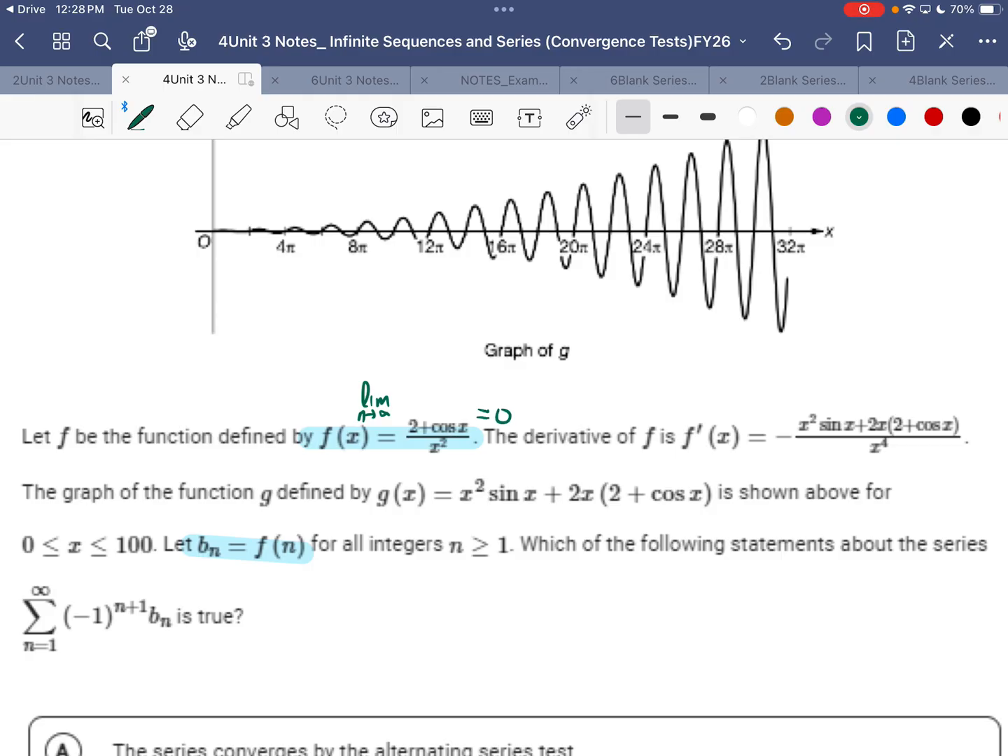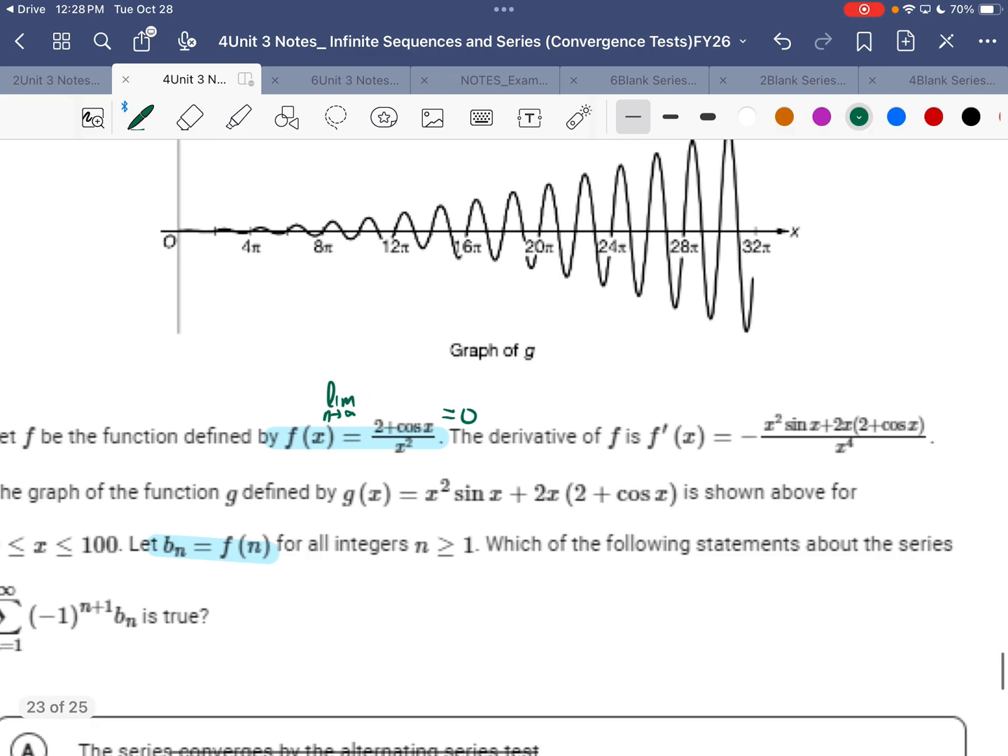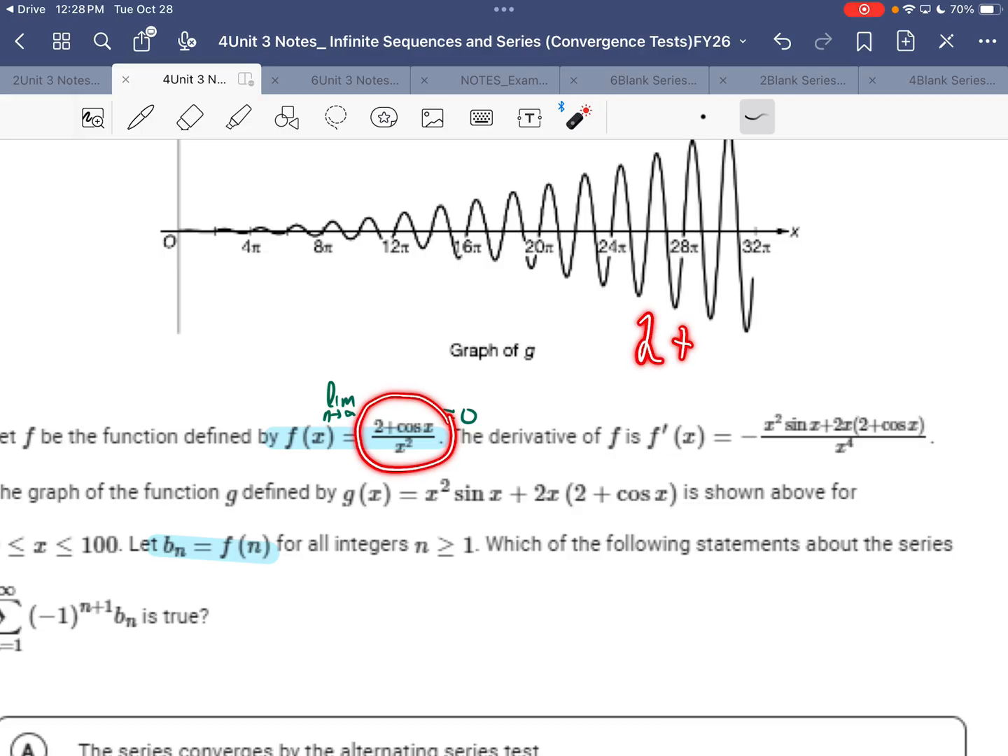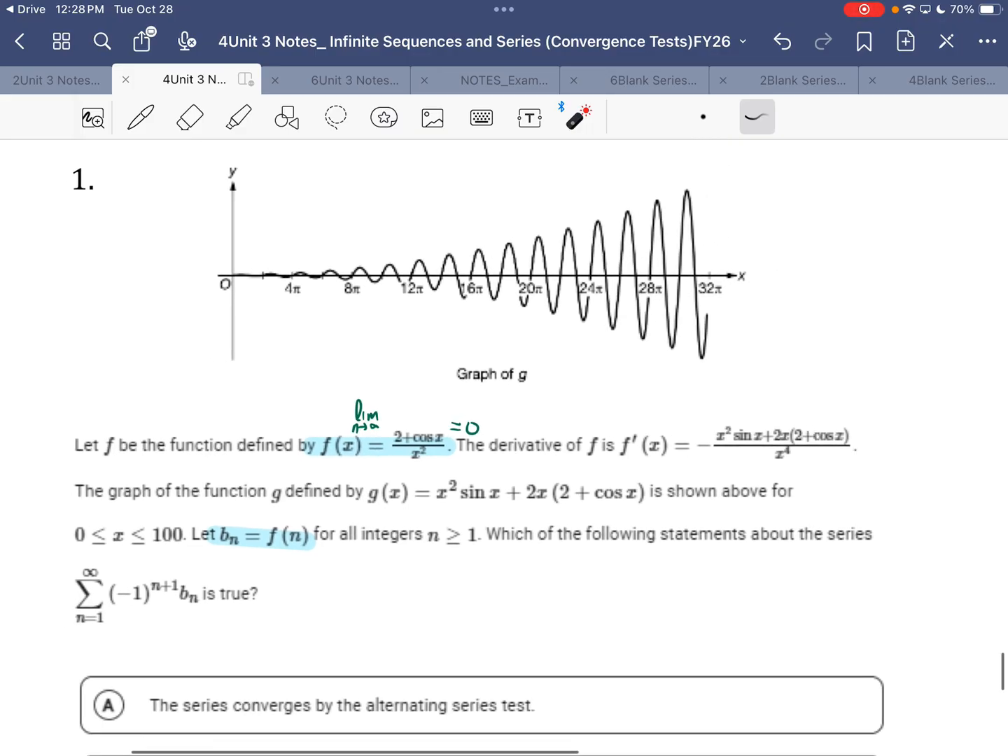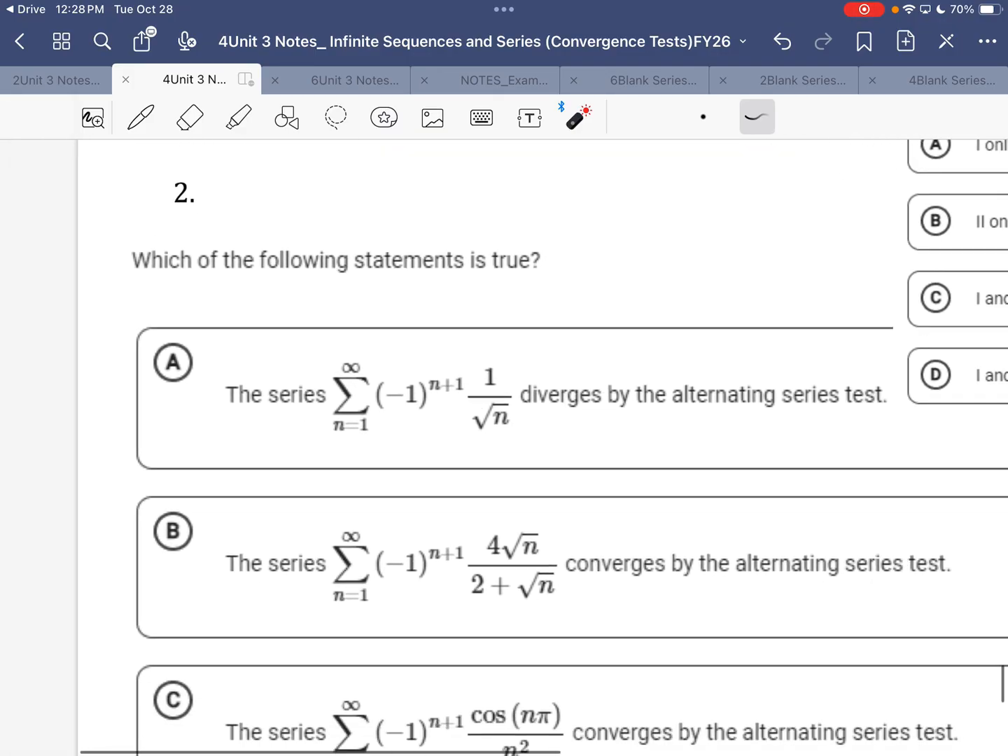But the whole reason they gave you the f prime and g in this graph is that figuring out if f is decreasing or not, just by looking at these numbers, by doing 2 plus cosine n over (n plus 1) squared versus the original way that it looked, is not going to be easy for you to tell which one's bigger, because similar to number